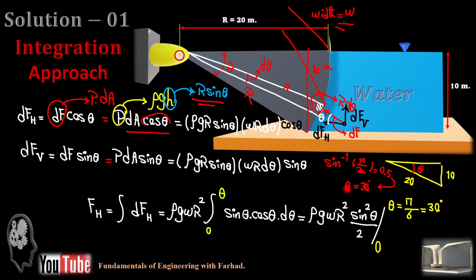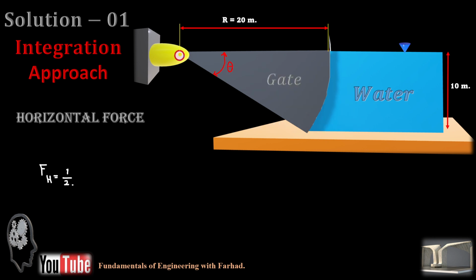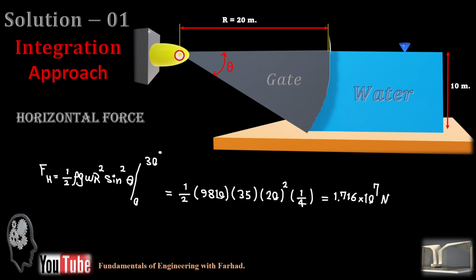Then we have this integration from 0 to theta of sine theta cosine theta. The derivative of sine theta is cosine theta, so this is the constant, and the integration part is half of sine squared theta from 0 to 30 degrees. If we do the math for the horizontal component and replace it in the equation,